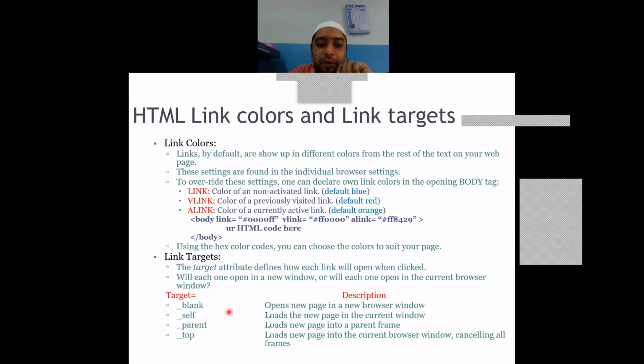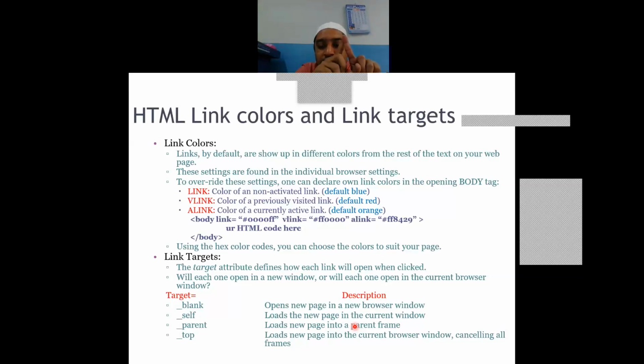But if you have the attribute value as self, then the page loads in the same current window. The first one I'm saying, if I click on the link over here and the target's value is underscore blank, then the web page will open in the second tab.